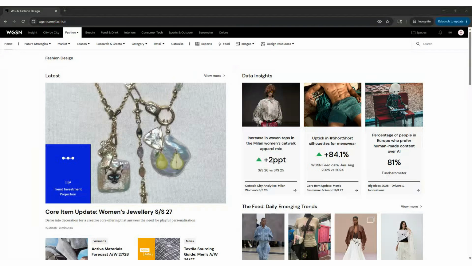WGSN Fashion Design is a great source for runway images, and today we're going to be looking at a few ways that you can find these images on the platform. So I'm currently on the Fashion Design homepage of WGSN, and from here you can see that in the top